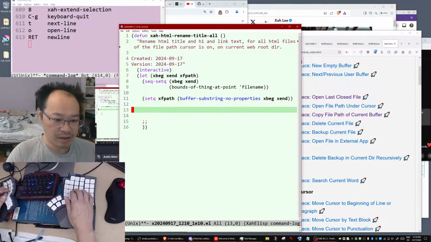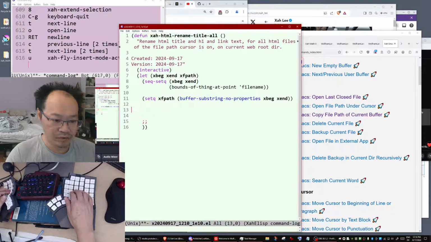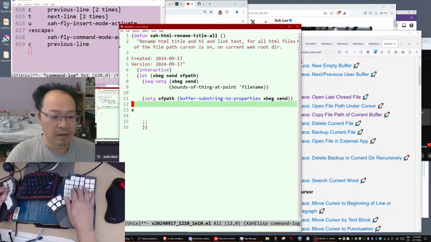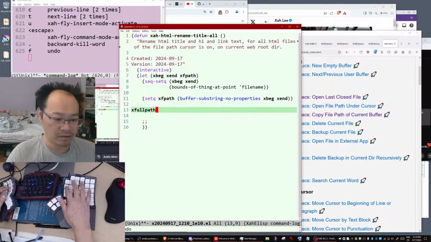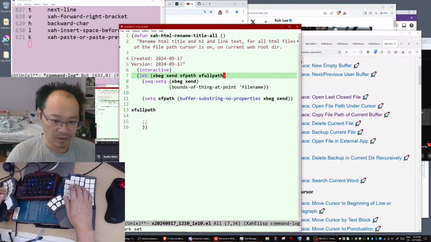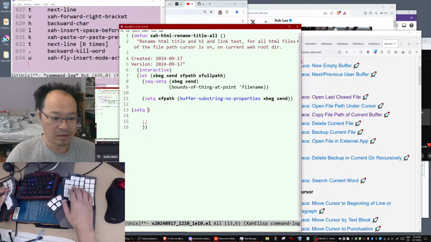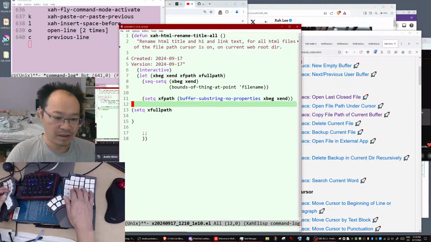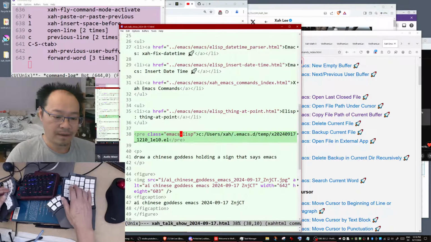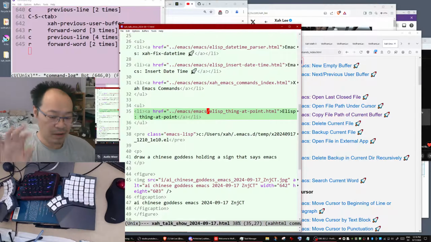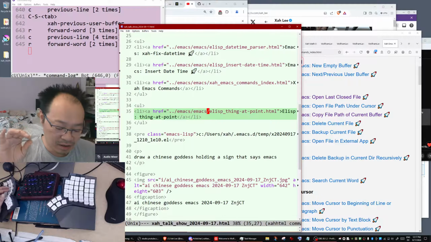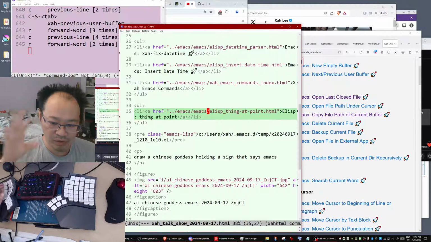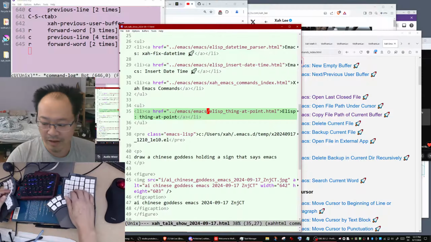Then once you find the file path, you need to get the full path. So x file full path is a new local variable we declare here. You want to set file full path. Typically in a file I use relative links, and relative links are hard to work with. When you work with files, you always want the entire full file path.